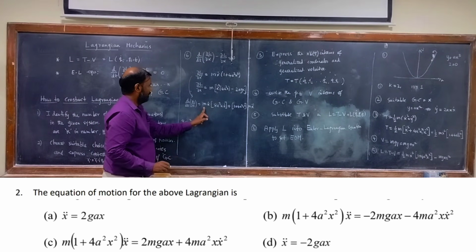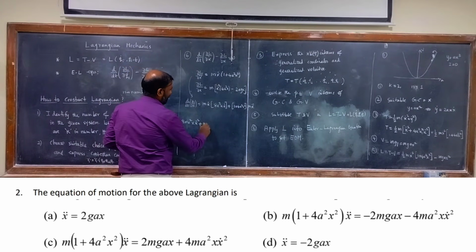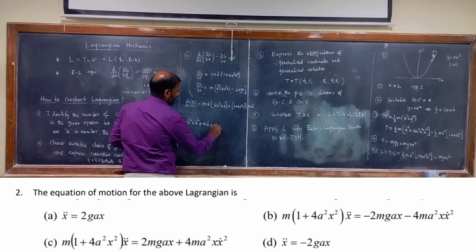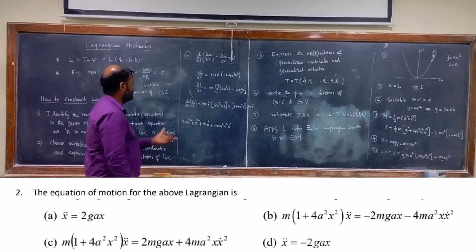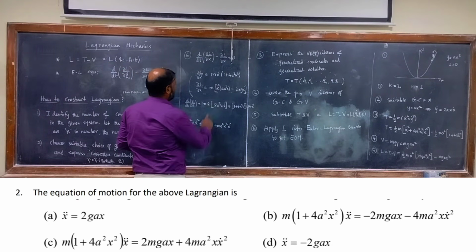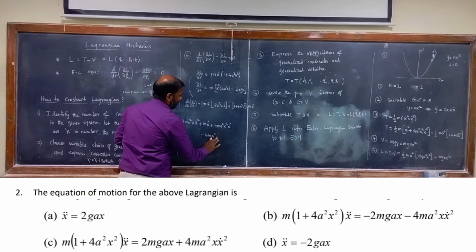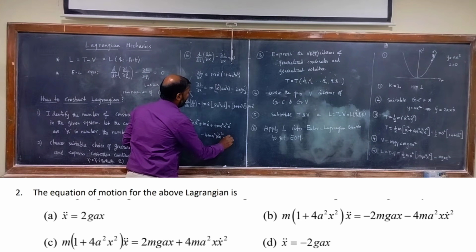I just multiply 8 m a square x dot square x plus m x double dot plus 4 m a square x square. This is the first term, minus 4 m a square x dot x into x dot square, minus 2 m g a x is equal to